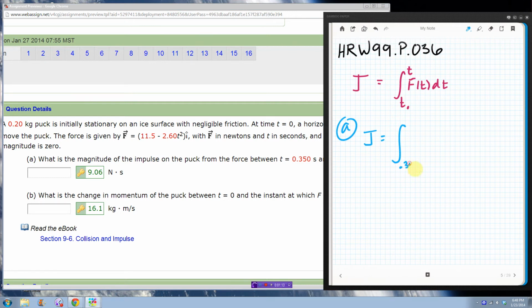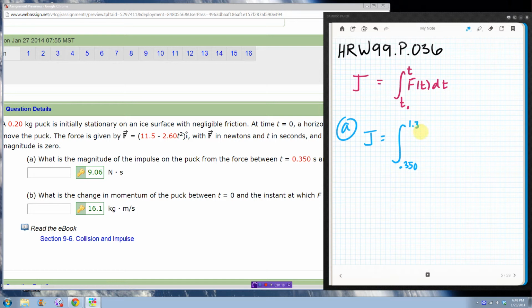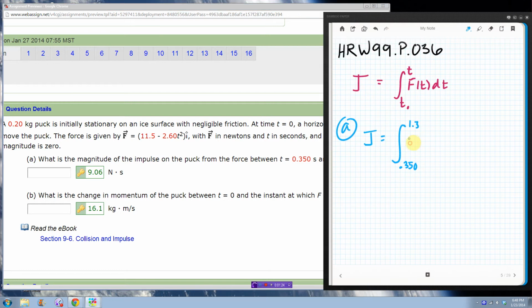So 0.35 seconds, 1.3 seconds. The force as a function of t is this thing right here. So we've got 11.5 minus 2.6 t squared dt. That is a nice polynomial, so when I take the integral of that, all I need to do is